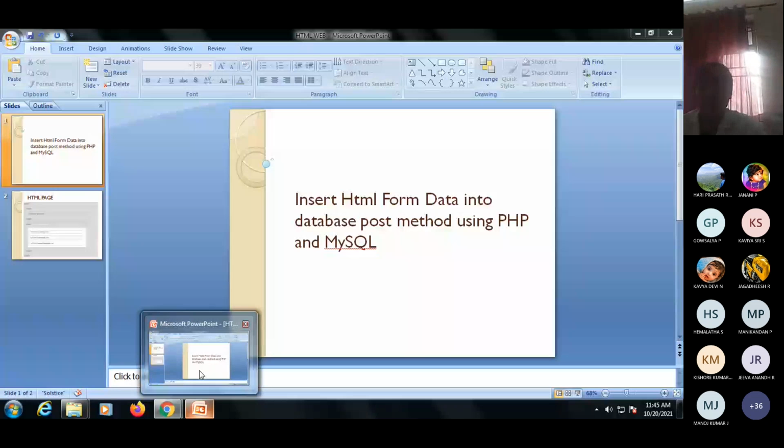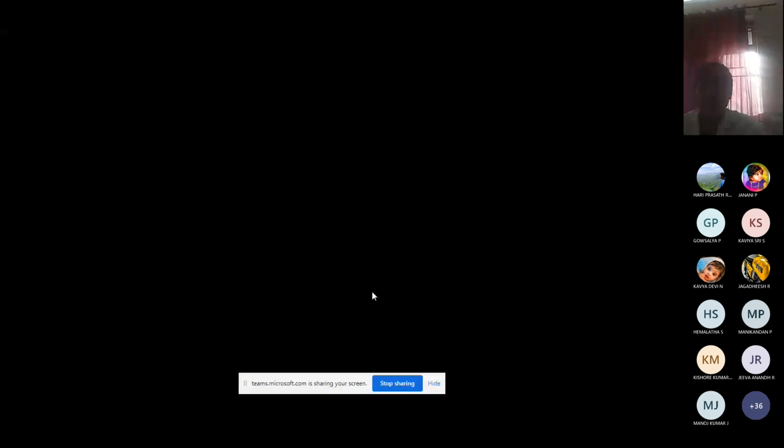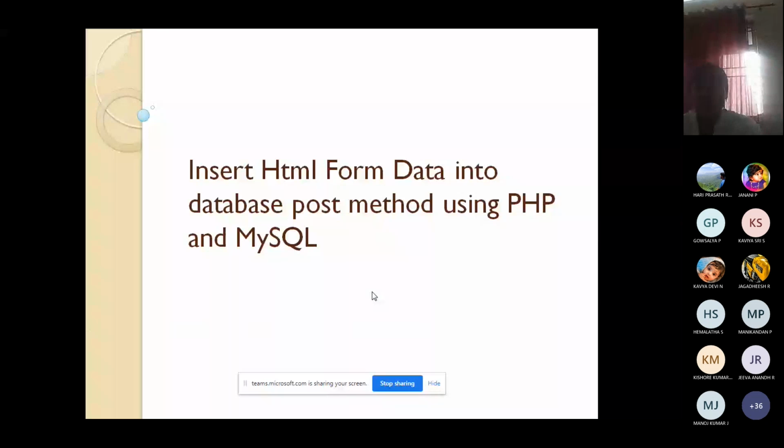Today I'm going to simulate one simple web application project: how to insert HTML form data into your database using the POST method with PHP and MySQL on the XAMPP server.